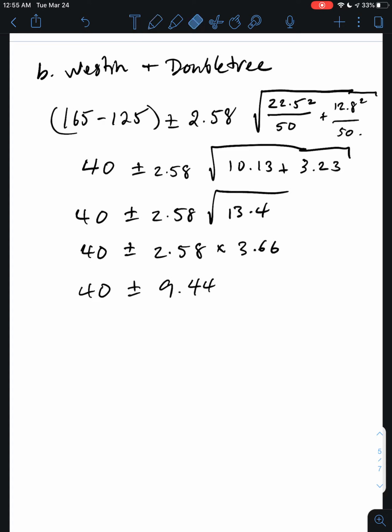I should round up. Okay, so the interval I subtract, and I'm going to get 30.55, and then I add